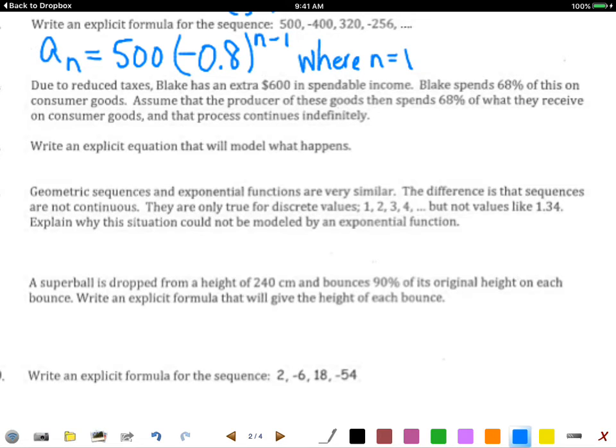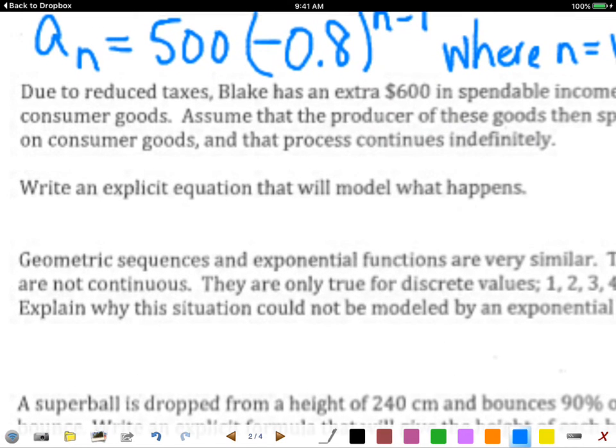So you basically have Blake with $600. He spends 68% of that money, gives it to a person or a company, and then that person or company spends 68% of that money to another person or company, and then the process just continues, okay? And so we are supposed to write a formula, or an explicit equation, that's modeling what's happening here. So we're going to start out with our A sub n. What is our initial amount? 600